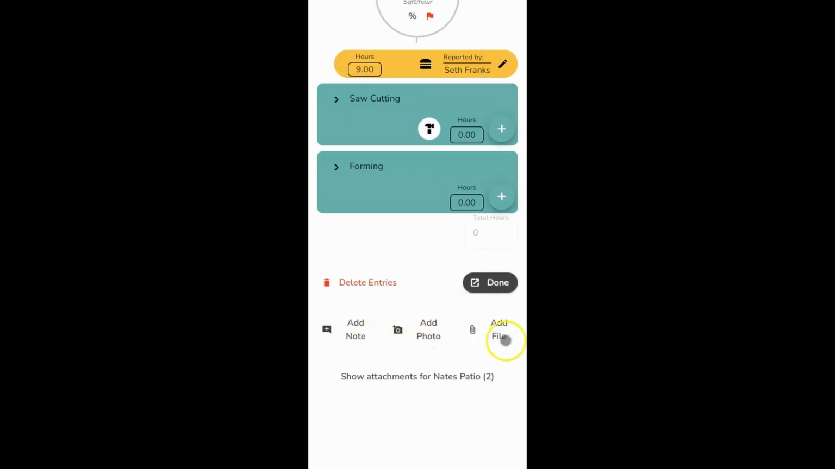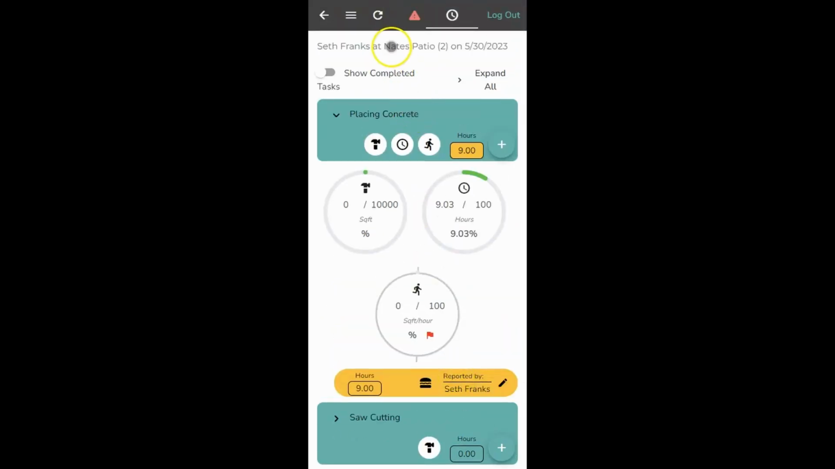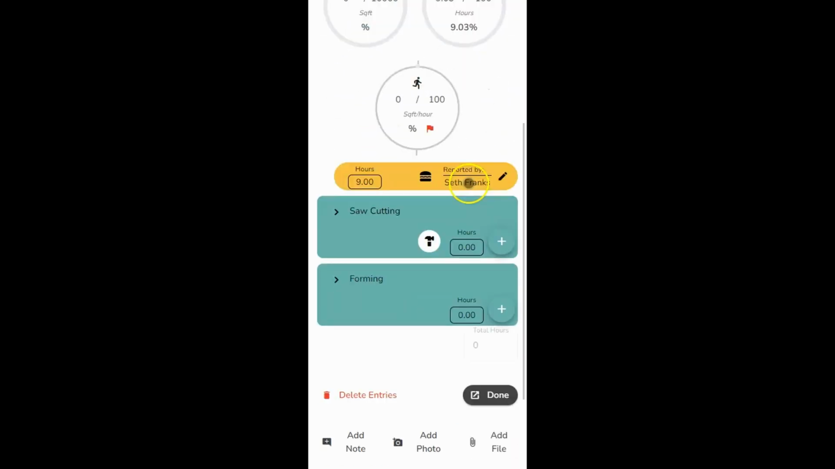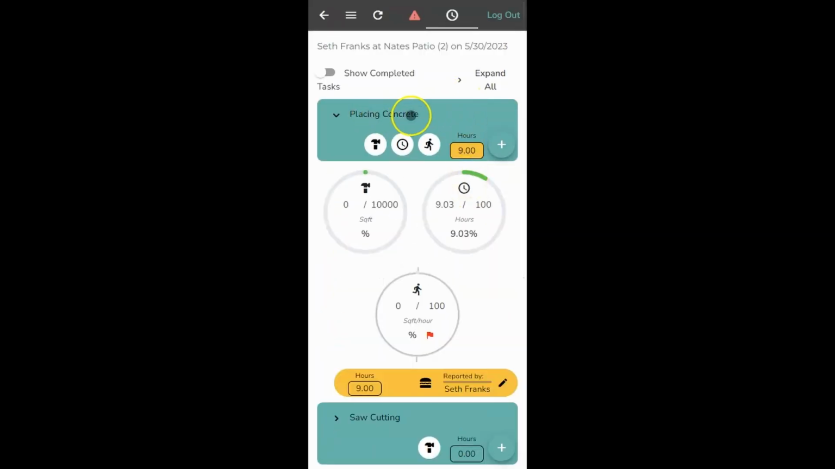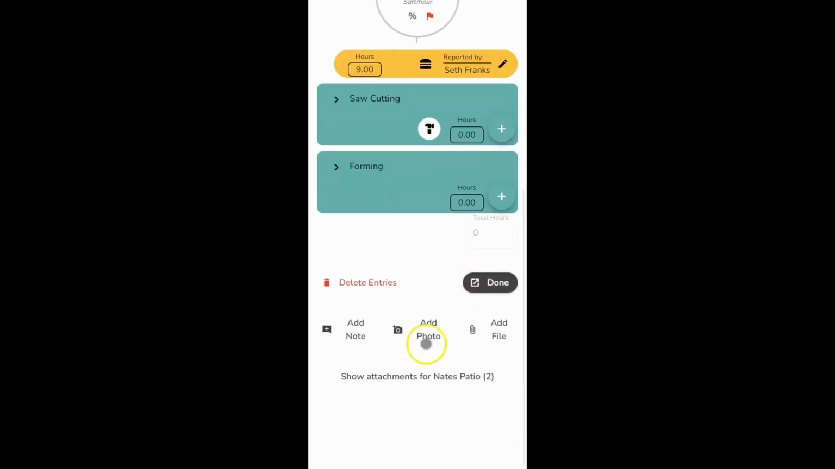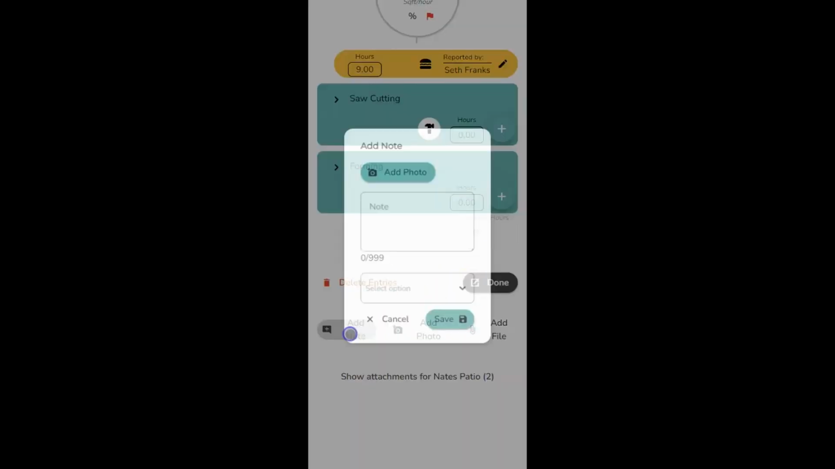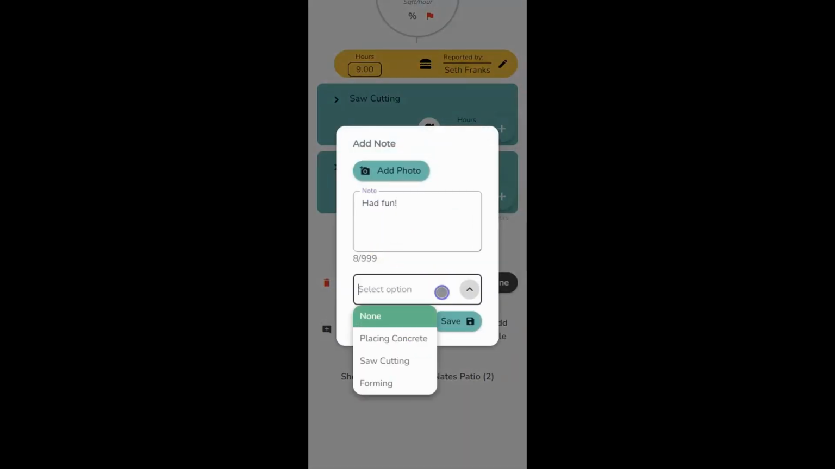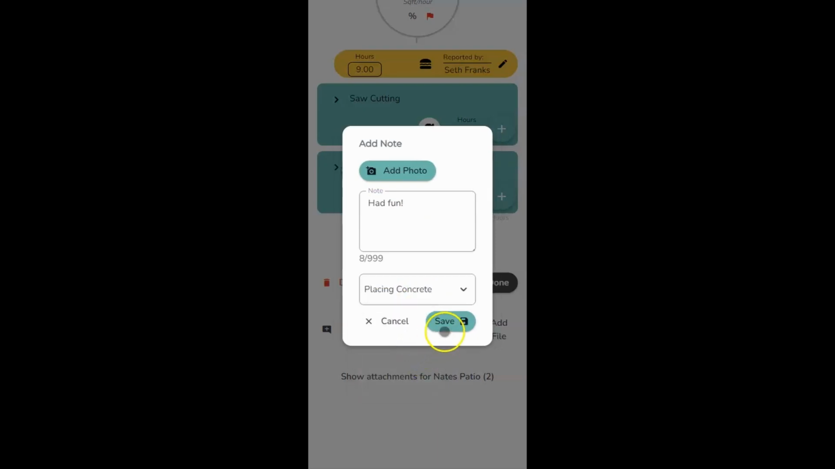I can just press done if I want and submit my time, or I can add a photo, note, or attachment that actually gets applied to the job itself. So I'm on Nate's Patio, and I want to add a photo or note for placing concrete. All I have to do is add a note like this, and then select the task that you want to put the note for. Press save,